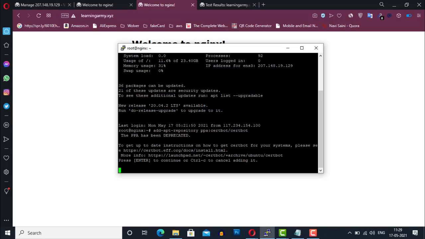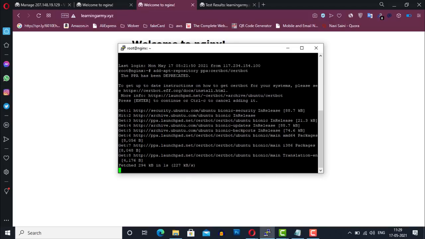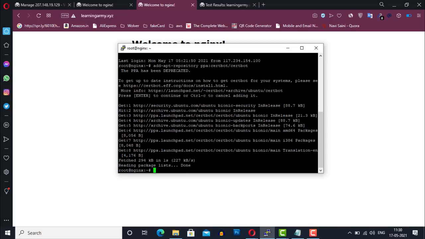Press enter to continue. Perfect. Certbot has been installed and is ready to be used for installation.